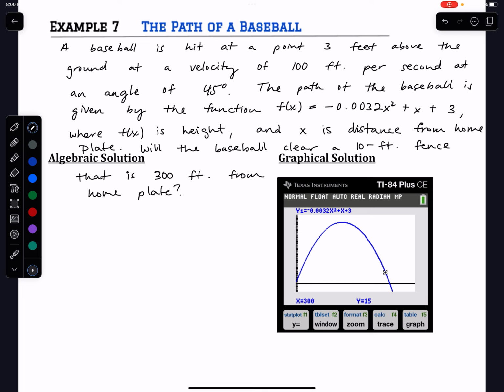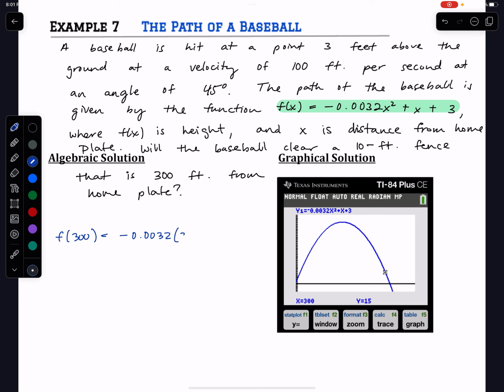Basically, if f of x is the height and x is the distance, and I hit a ball that is 300 feet away from home base, with this function I just need to plug in 300 for x and see what happens. So algebraically, f of 300 is going to be equal to negative